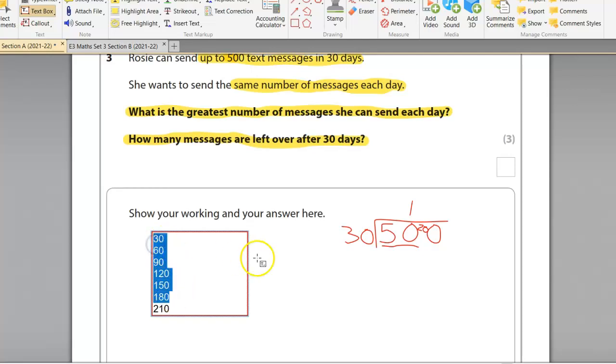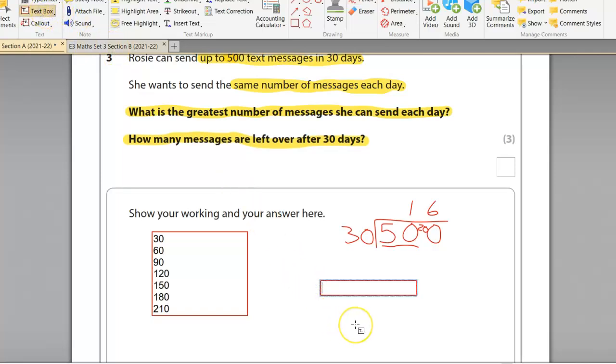So here, what we can see is that 6 lots of 30s make 180. So 6 lots of 30s make 180. And then 200 take away 180